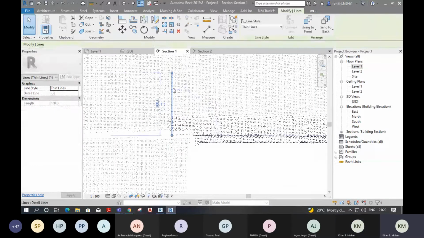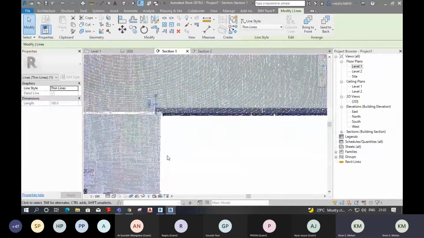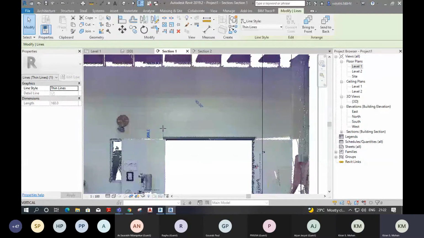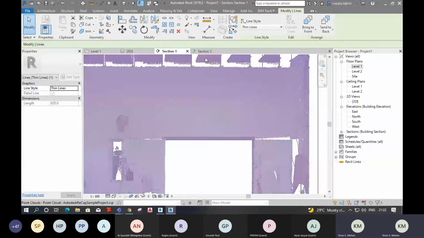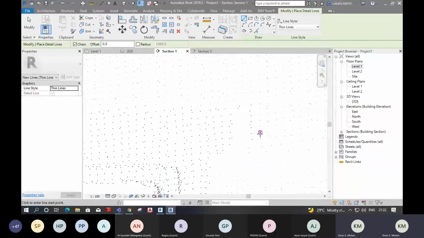Here, when I'm zooming in, you can see the difference in colors of these points. Actually, due to the ash color of the material, some points are registered in this location also. So see, these points are in the same line with the same material color. So I'm selecting those points.